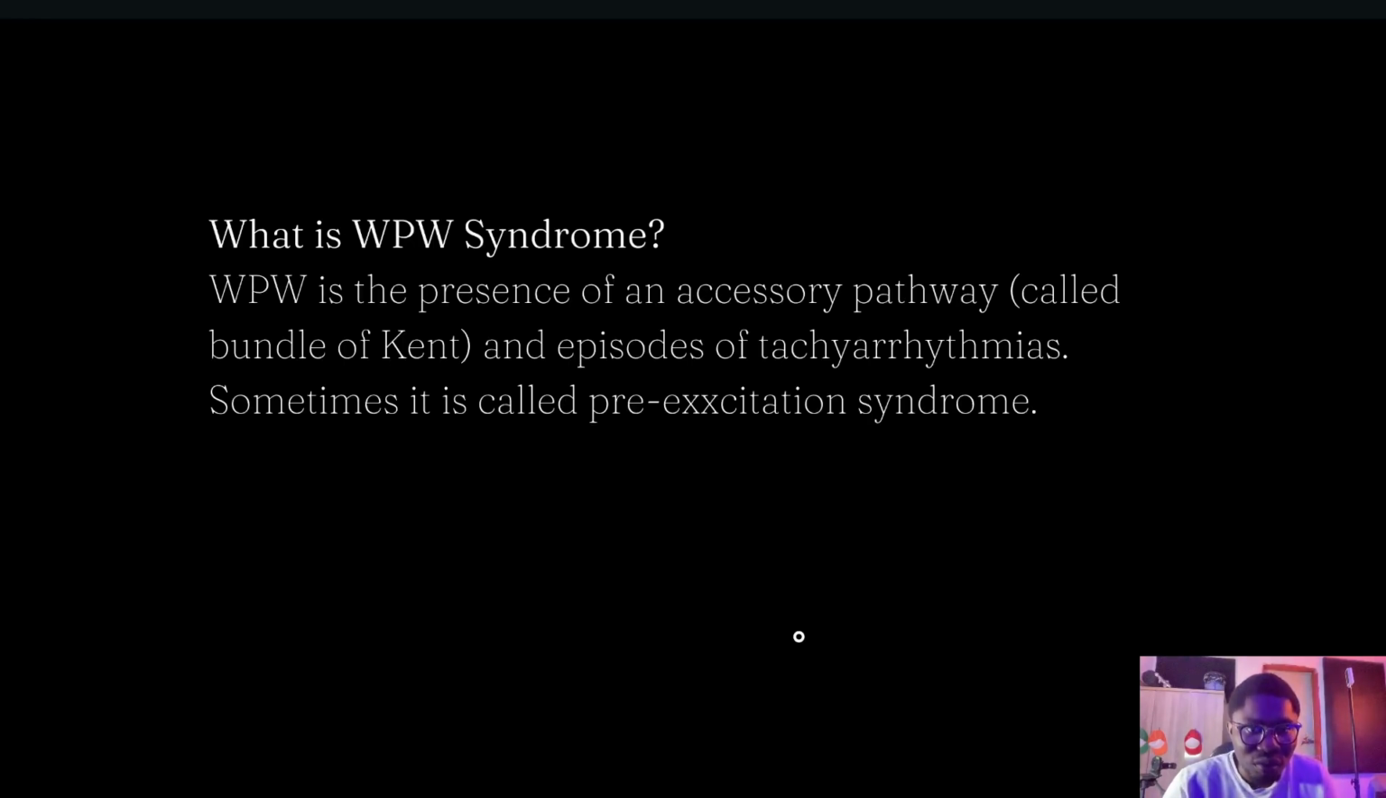So what is Wolf Parkinson White? It's the presence of an accessory pathway called the bundle of Kent. This gives rise to episodes of tachyarrhythmias and is sometimes called pre-excitation syndrome. This accessory bundle allows the ventricles to be depolarized before the impulse passes through the AV node. So it passes through the accessory pathway and depolarizes the ventricles beforehand. I think I'll start including images of the mechanisms so you guys have a better idea of what this is